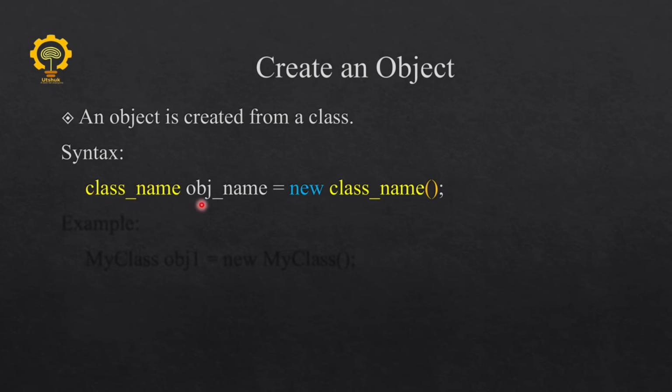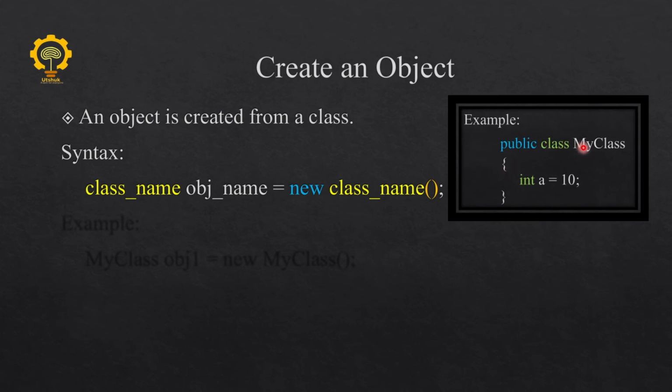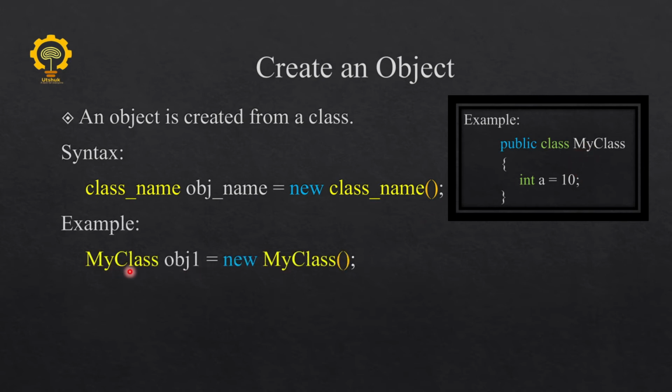Whenever we define the object, its type is going to be a class name, and new is a keyword used to instantiate this object. Suppose we have to define the object of the class that we have previously created. We can simply create it as MyClass, which is the class name, and the object type should be the class, then the object name, then new is a keyword, and MyClass. In this way we can define the object of this class.